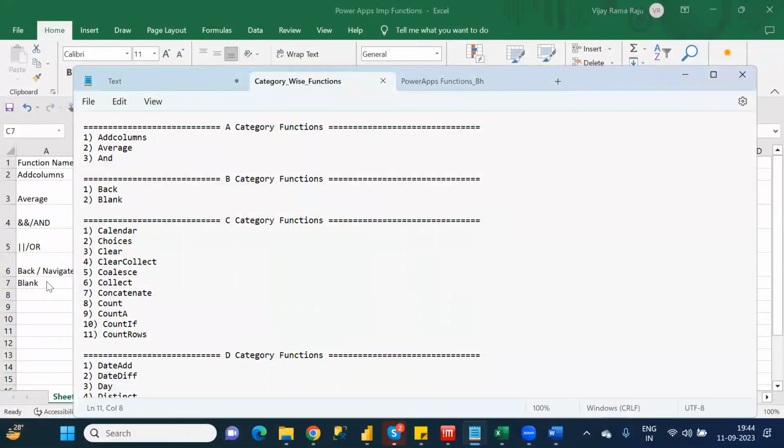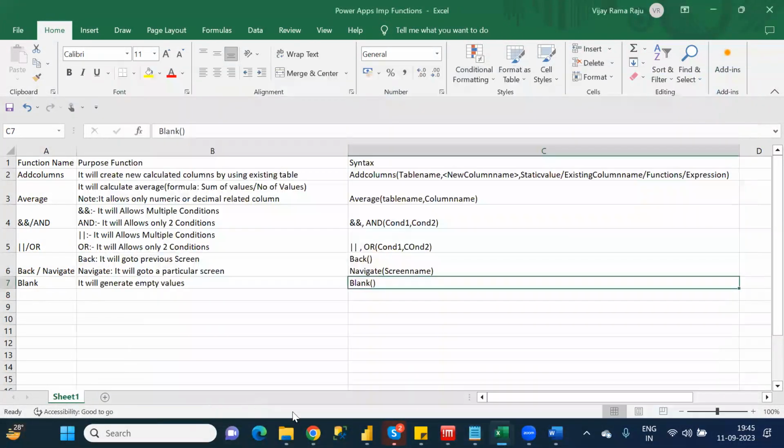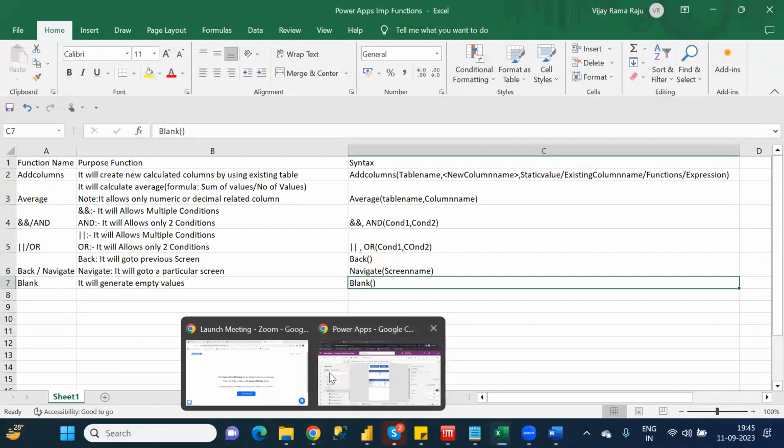Next one, the calendar function, you know, right? Calendar dot. Suppose you want the month name, short month name, or short week name. There are different categories, so based on that you have to mention it. Suppose, for example,